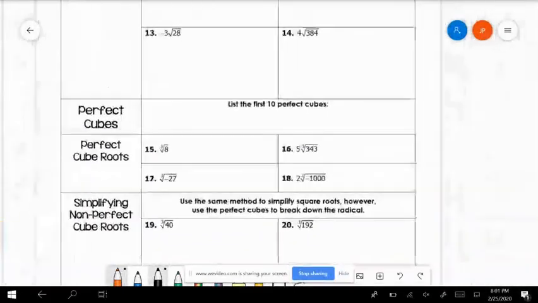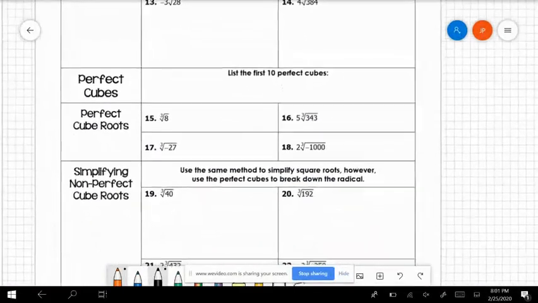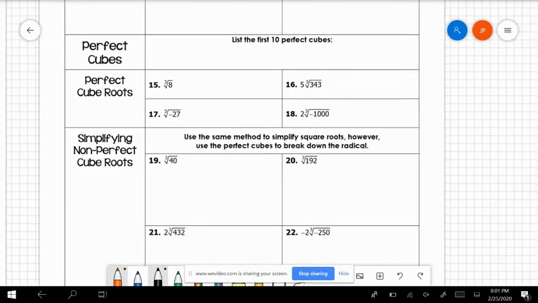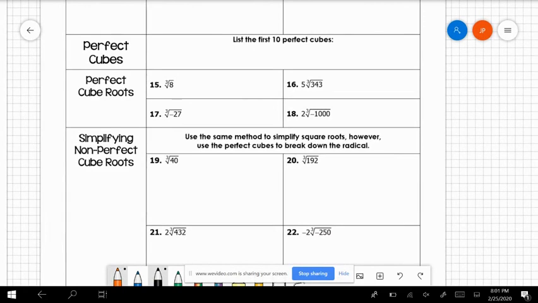Okay, hopefully you're done with 7, 8, and 9. Let's take a look now over here, because now we're going to look at perfect cubes. A perfect cube, kind of like a perfect square. Remember, a perfect square meant I was taking a number and multiplying it by itself. Now, for a perfect cube, I'm doing the same thing, but instead of multiplying it by itself once, I'm doing it twice. So, for example, 1 times 1 times 1,